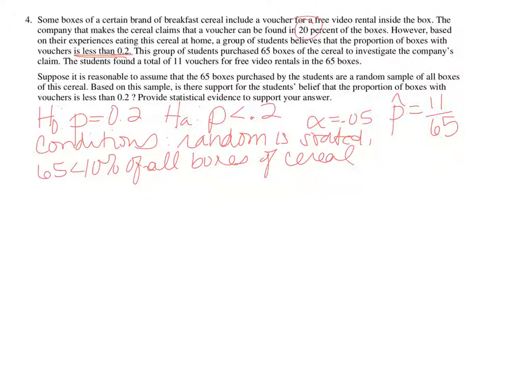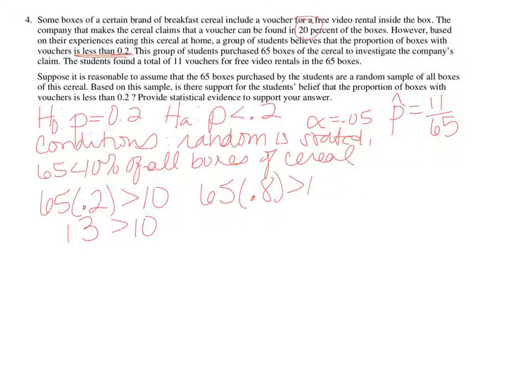And then our last condition is np and nq. So we have 65 times 0.2, which is greater than 10. That is 13, greater than 10. And 65 times 0.8 is greater than 10. That is 52, greater than 10. So since conditions are met,